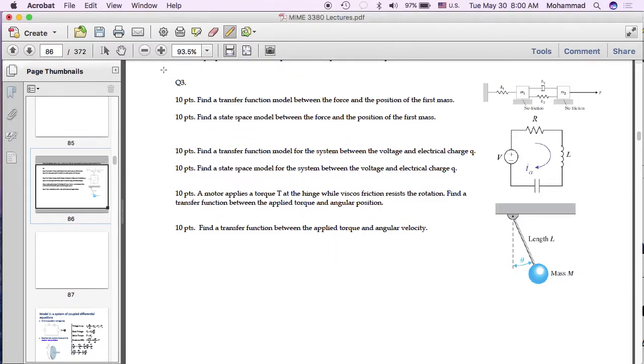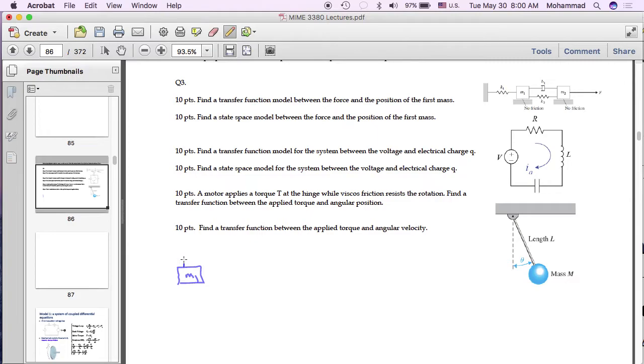To write the differential equation for this system, the best practice is always to start from the free body diagram, show all the forces applied on each mass, and write Newton's second law for each mass. So if we look at the first mass here,